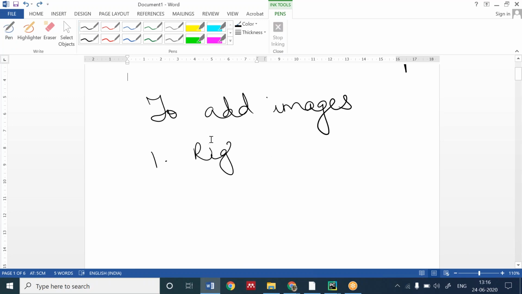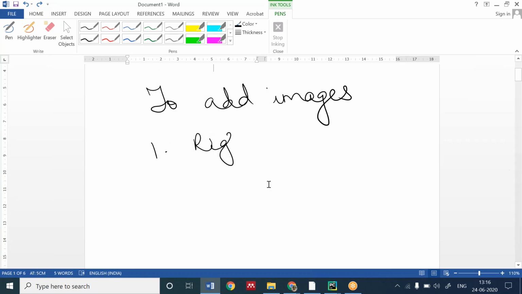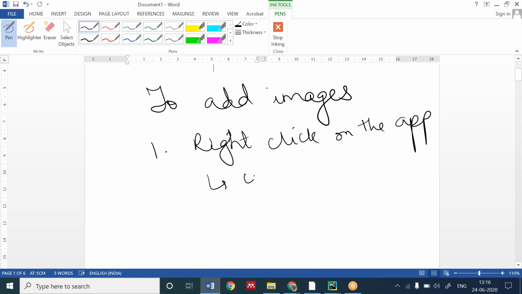Okay. Right click on the app, then create a new folder, that is, a directory.